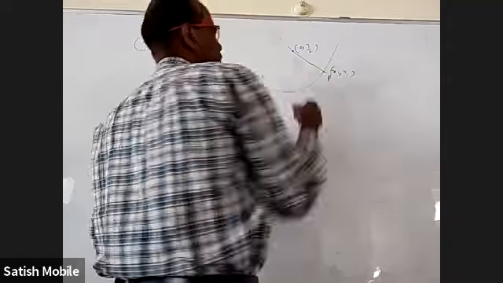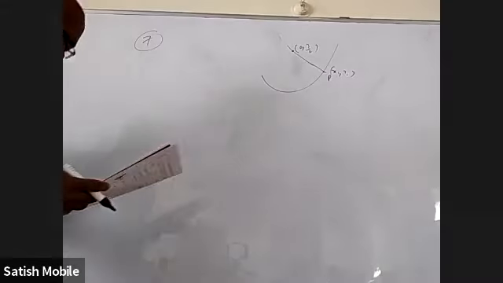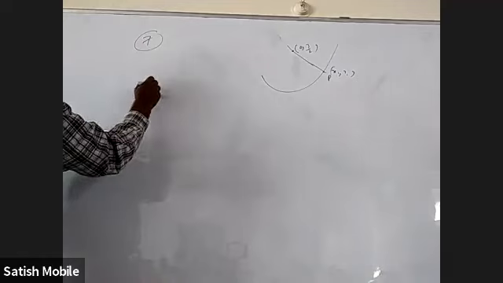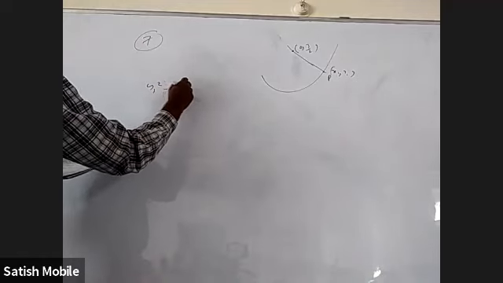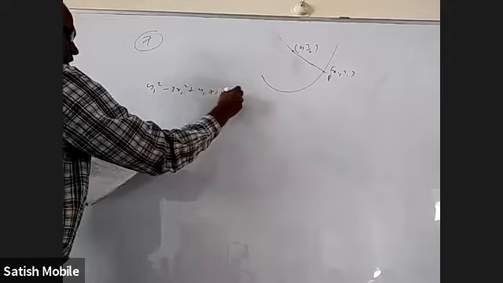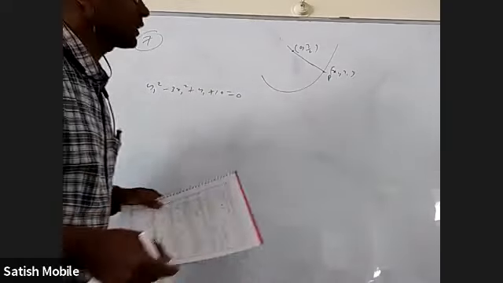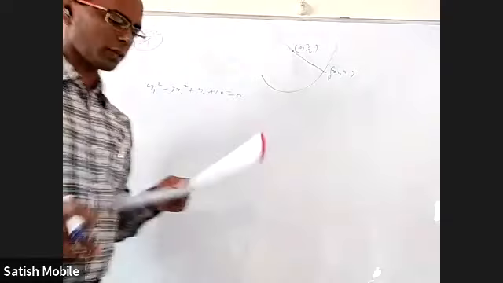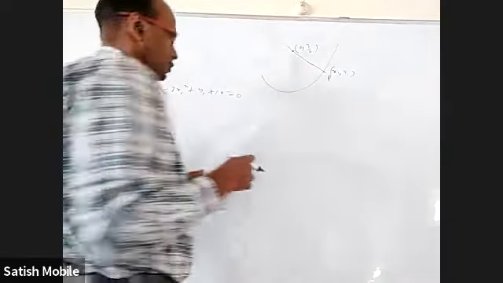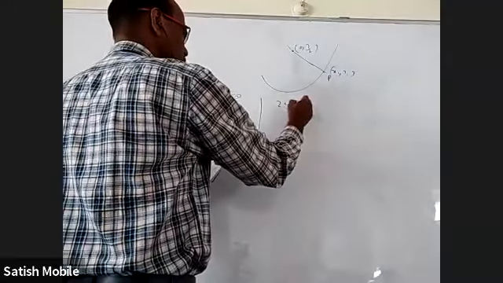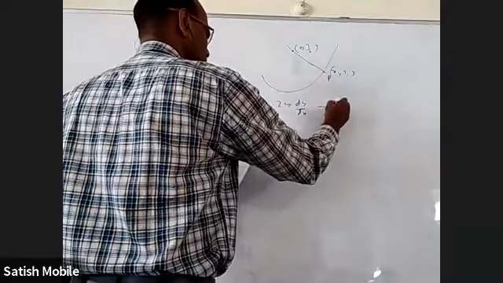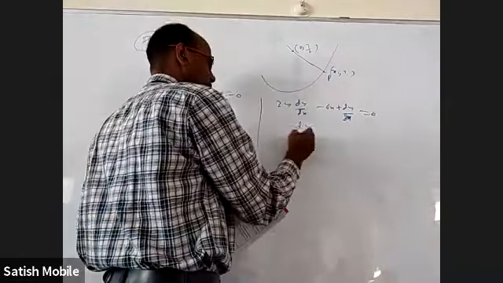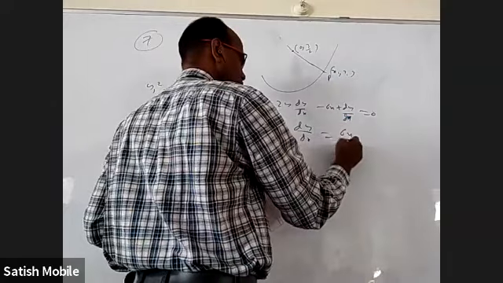Now they wanted the slope of the tangent, right? So x1, y1 should satisfy the given equation. That is y1 square minus 3x1 square plus y1 plus 10 equals 0, which is one equation. Another equation is you find the equation of the normal, and that should pass through 0, comma 3 by 2. So let me find dy by dx first. When you differentiate, 2y dy by dx minus 6x plus dy by dx equals 0. So dy by dx is 6x by 2y plus 1.